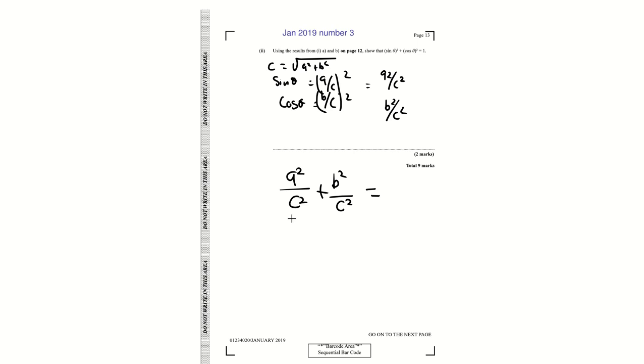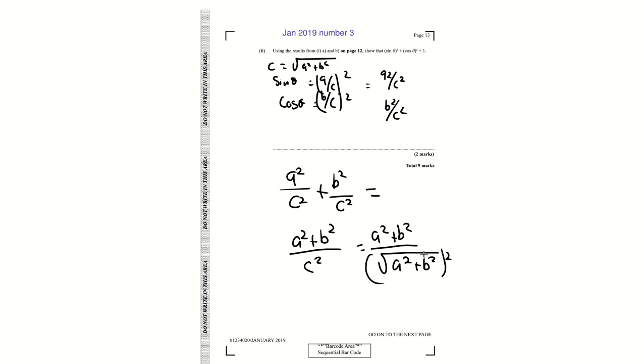We want to know what this is equal to. Now this could be A squared plus B squared all over C squared. Right? Now, what do we know about C? We know C is the square root of A squared plus B squared. So therefore, this is A squared plus B squared all over the square root of A squared plus B squared